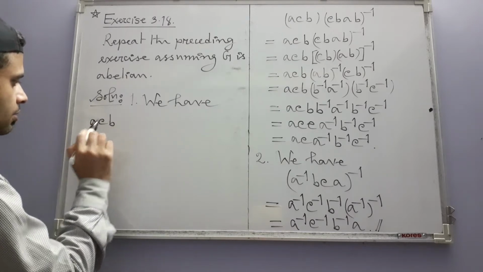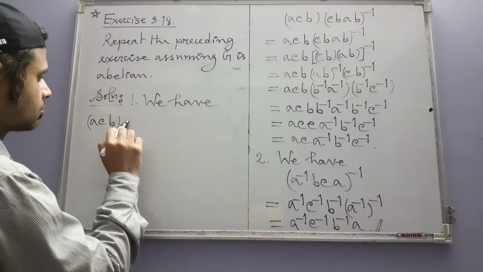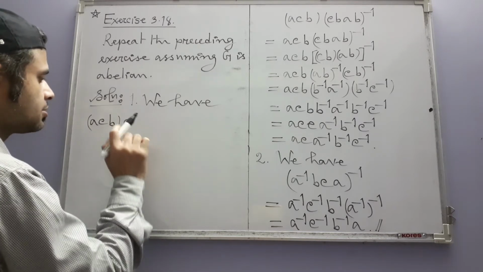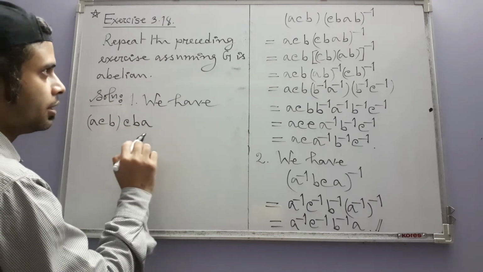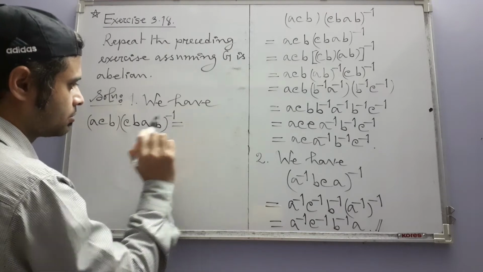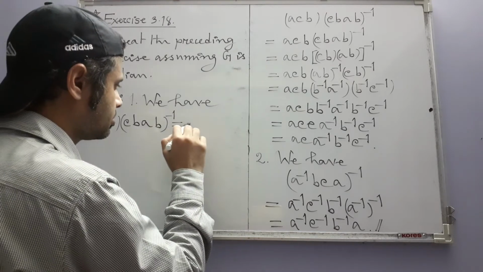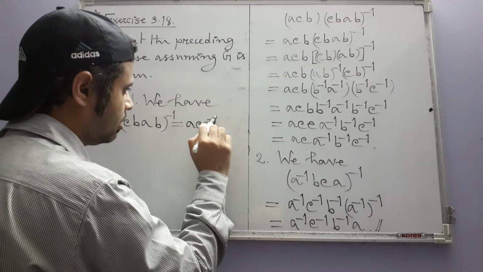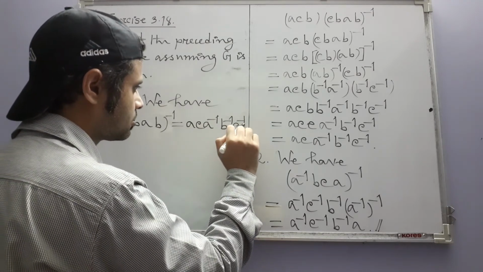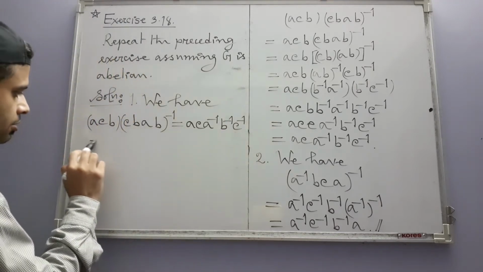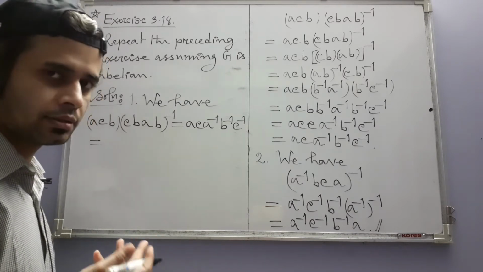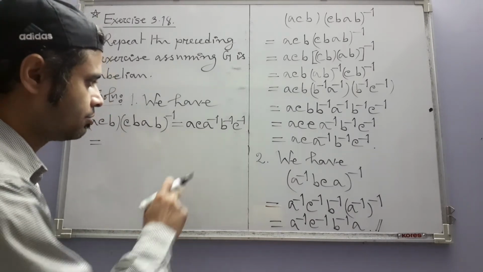A, C, B, C, A, oh sorry, not C, A, C, B, A, B, whole inverse. We have found that this equals A C A inverse B inverse C inverse. Now because G is abelian, using the fact that the operation on G is commutative and using the